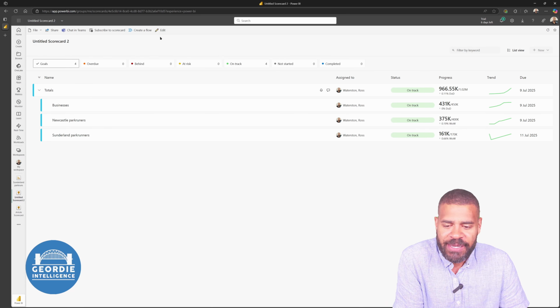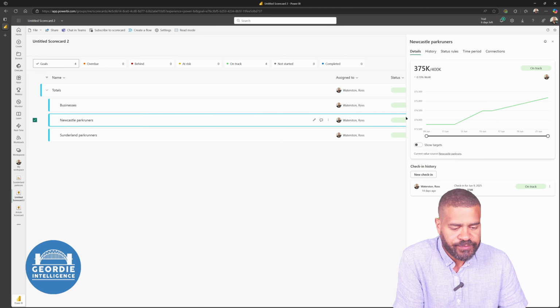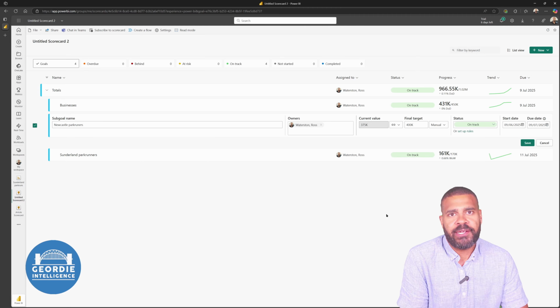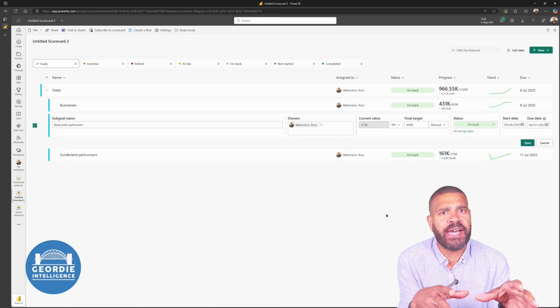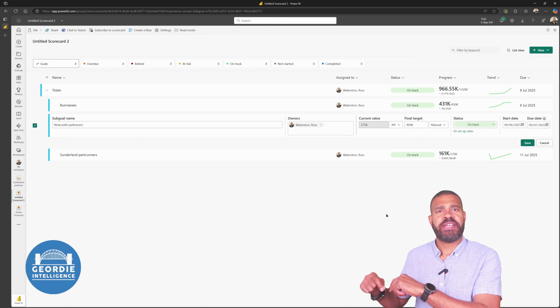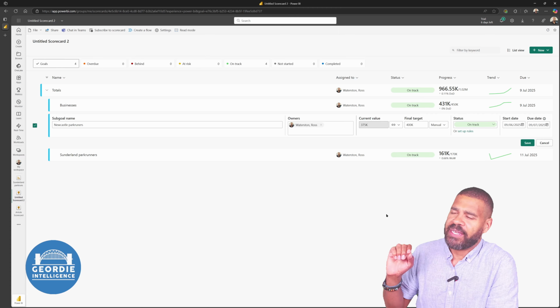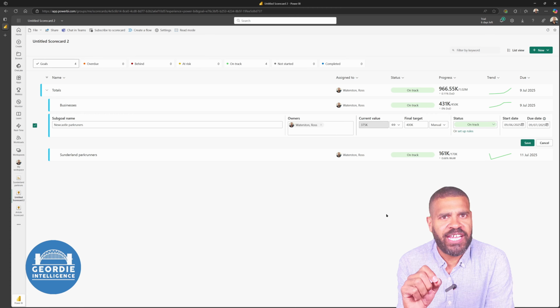But the thing to remember is that if we come into here and we choose to edit this goal, at the moment our final value is manual. There'd be nothing to stop us having a final value that was based on the previous year's value. And remember, this is the key. Okay, we have a good calendar table, so we can lock in place values.